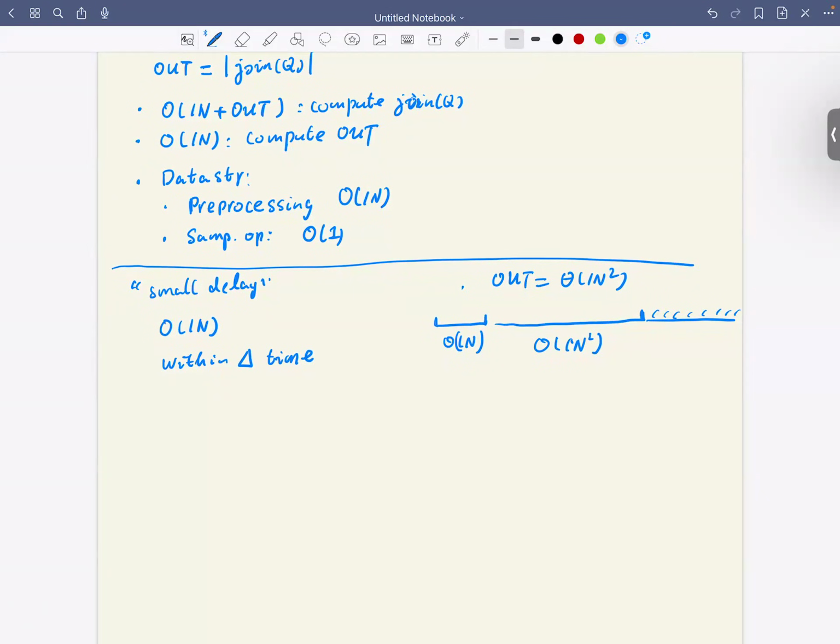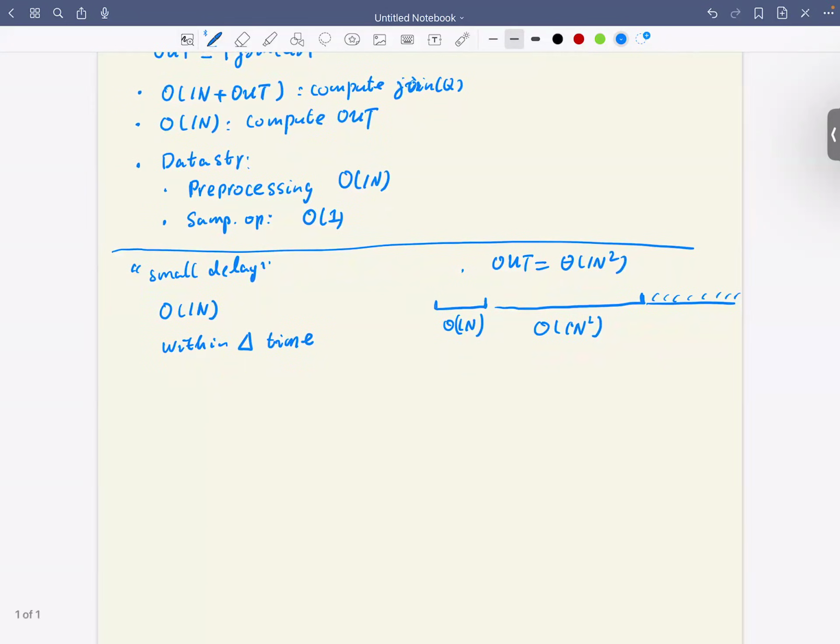The delay will actually be in square, is what I mean, because the only allowance for you is the initial linear time, the initial phase. So after that grace period, you should be producing result tuples. But if your algorithm behaves like this, then the delay will be in square. Okay, all right. So before continuing, let me tell you,